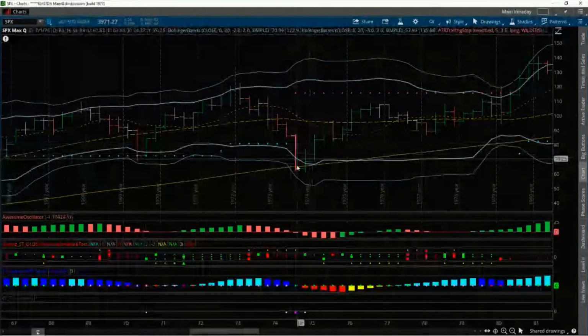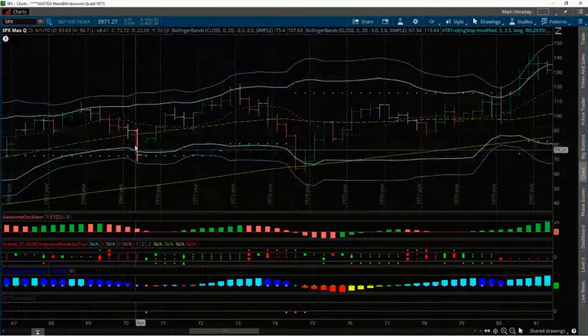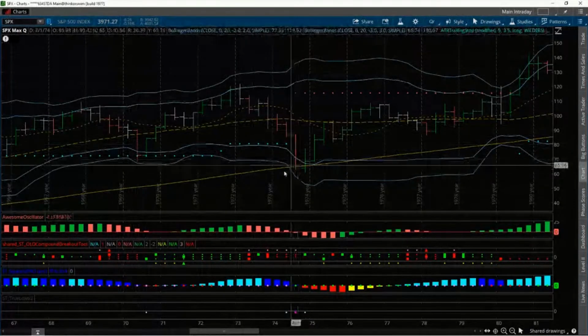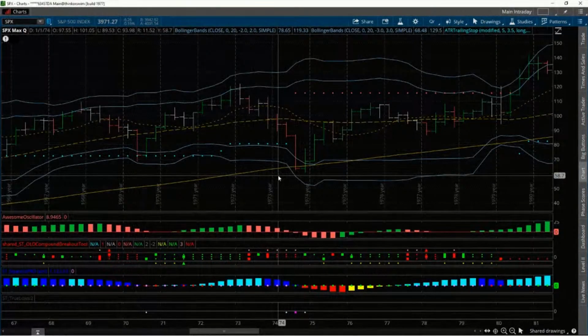So as you can see, right, pretty consistently, every time the signal has printed in the past in line with bearish divergent bars, we have seen that strong,